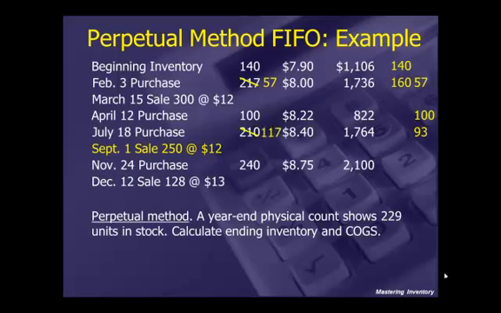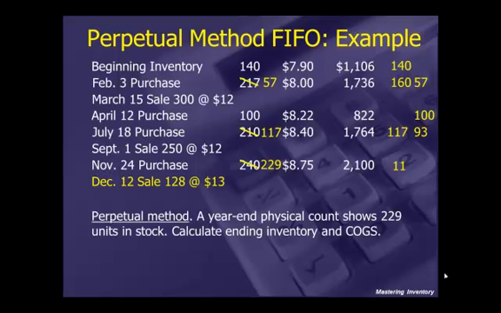That will leave, out of the July 18th purchase, 117 units left to carry forward and be available for the next sale on December 12th. December 12th, we sell 128, so we'll go back and sell 117. We will also need 11 out of the November 24th purchase, and that will leave 229 in ending